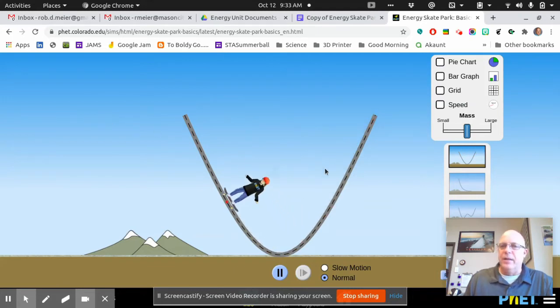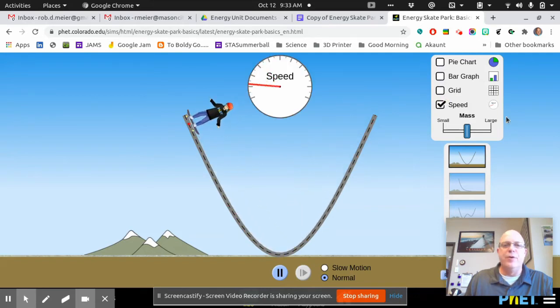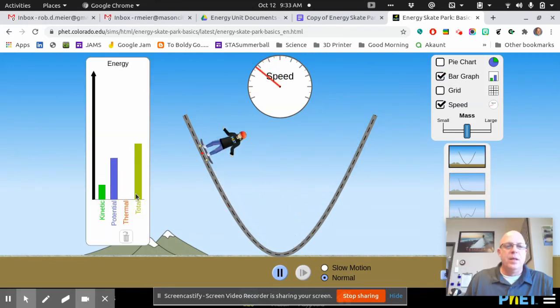Well, this really doesn't mean a lot to us. So if you're working on this, what we want to do is hit this bar graph. Now let's look at speed first. You can see at the bottom, lots of speed, but as he goes to the top, his speed slows down. But let's look at the bar graph. Notice that total energy never changes, but you can see the kinetic and the potential change based on where he's located. I can hit the slow motion button down here,